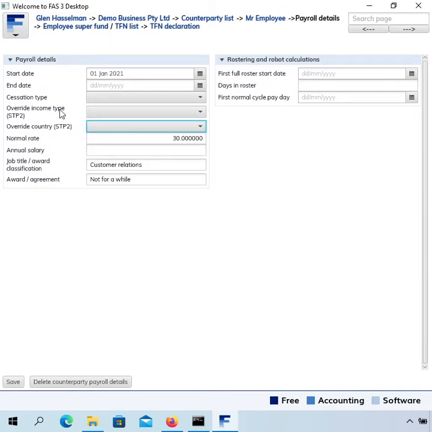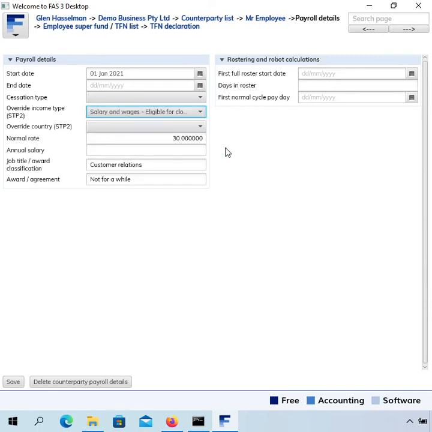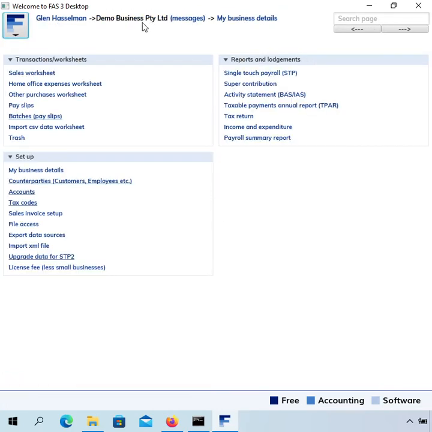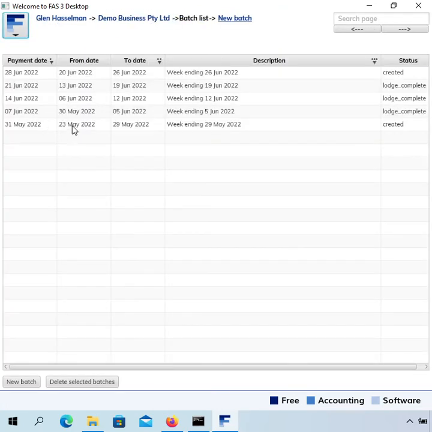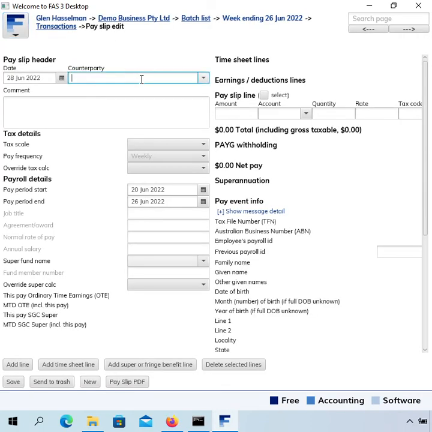And this is the one here: override income type STP2. So we can select salaries and wages - eligible for closely held payee concession, and then save that. That means that when we go to do a payslip for this employee,